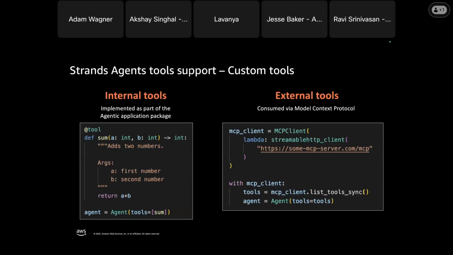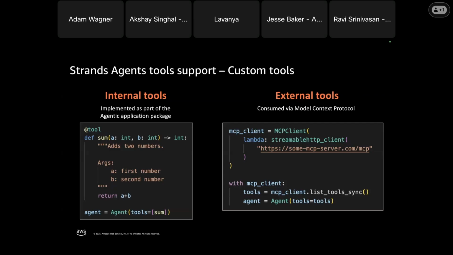The nice thing with MCP is that you could run an MCP server locally, or you could run an MCP server remotely as well. You might have an existing system that you want agents within your enterprise to be able to talk to.